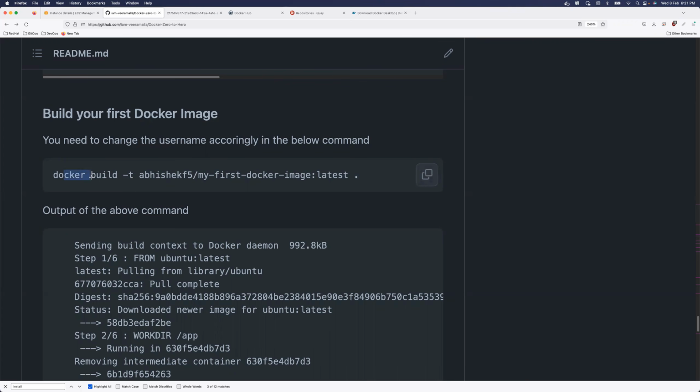So docker build, and this is the tag that I'm giving. Okay, why am I providing a tag? Because on your machine or on your laptop or on your EC2 instance, there can be hundreds of images. If you're not using a tag, your image will be generally created with a Docker image ID, and that Docker image ID is very difficult to remember. So that's why always tag it. And to tag it is very easy.